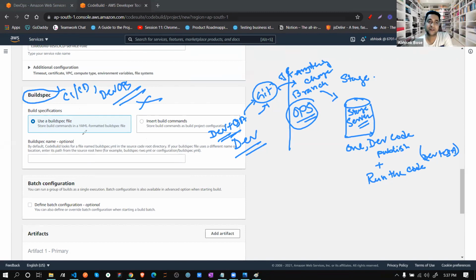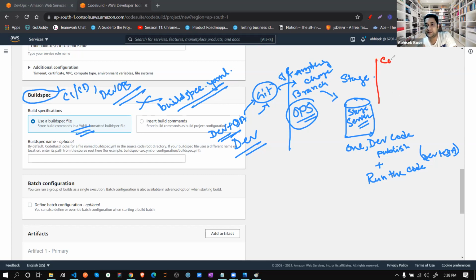If you don't give this file called buildspec.yml, this file you have to create, apart from your code. Why is that? Because the system doesn't know what things the server needs to install to run your code.